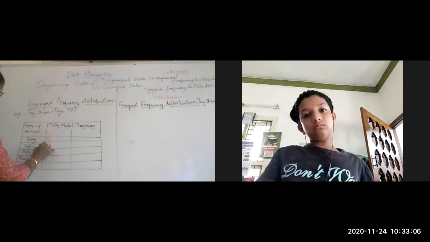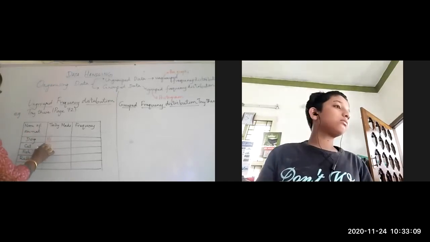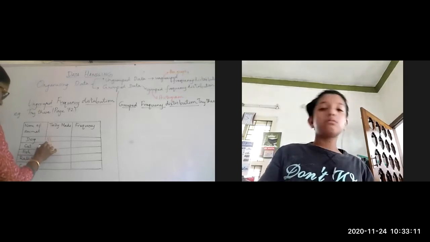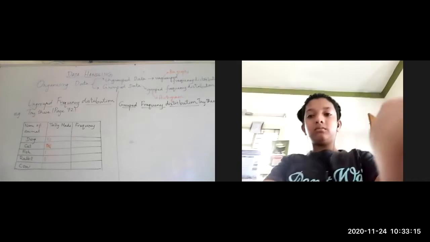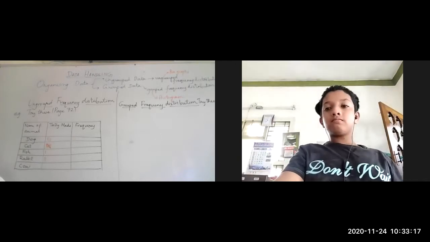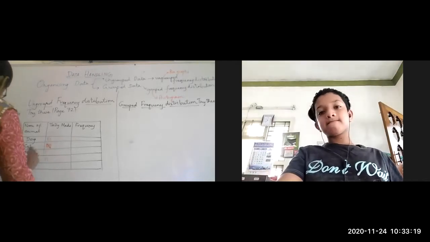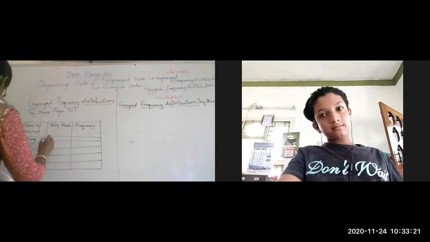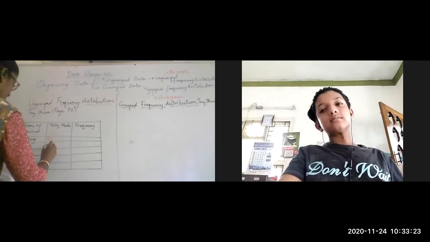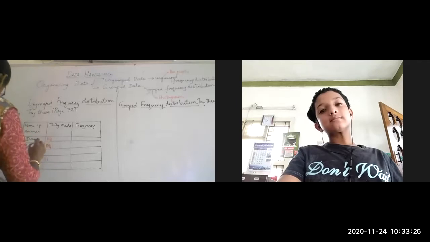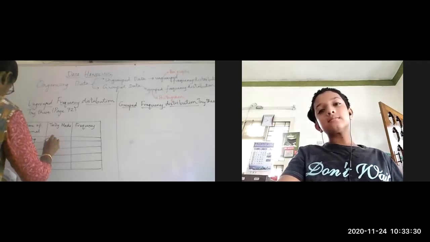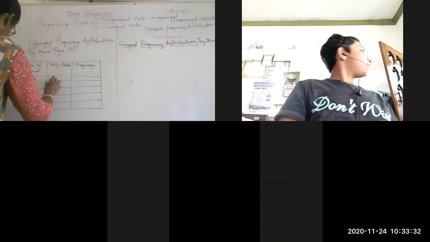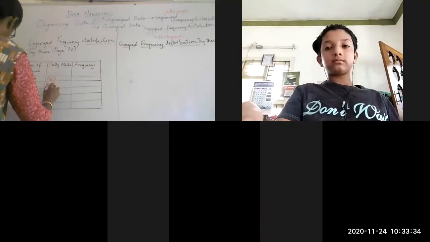I hope you understand how to draw the tally marks. 1, 2, 3, 4, then the 5th stroke always comes like this, so that you can group it in 5s. Okay, so we finished the cat, then rabbit, then dog, cat, then again dog, again dog, again dog, then cat, then a cow,